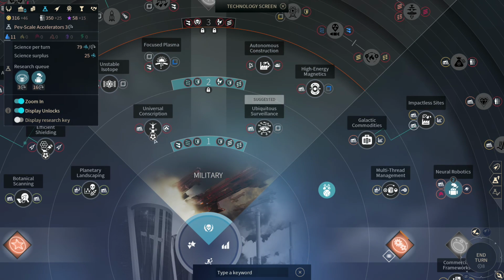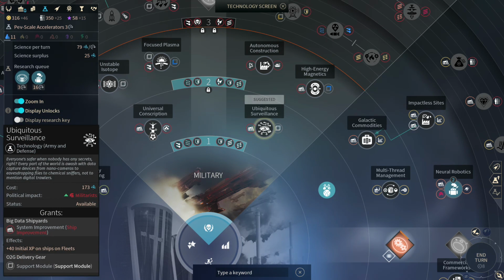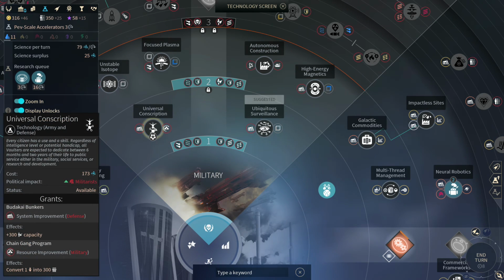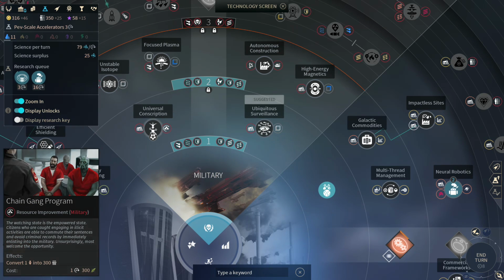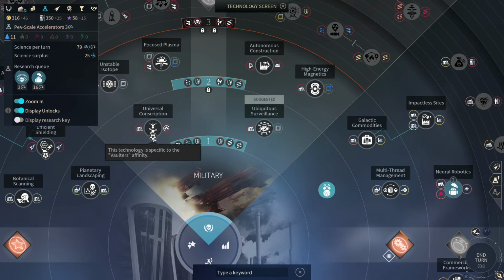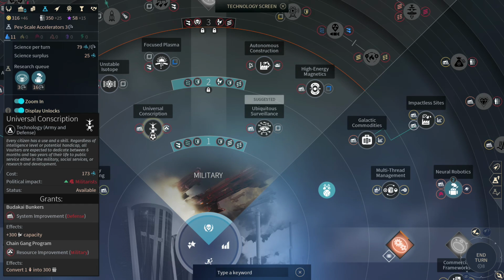The other thing we need to start considering is our military. We chose the quest that requires us to drop 4 military buildings, which means we need 4 unique buildings in our one system. Or if we get a second system up and running, we can put 2 unique buildings in each of those systems, and that will qualify as our 4. This technology offers a Vaulter specific building. Must be this one. I'm not sure what's Vaulter specific about that, but